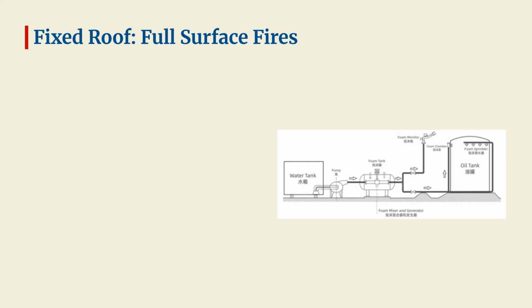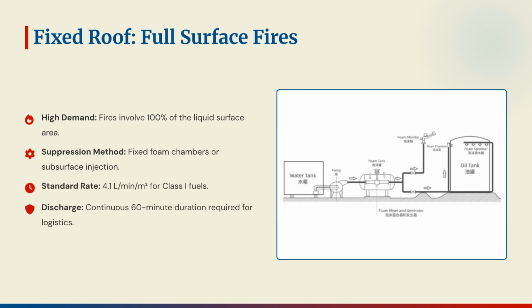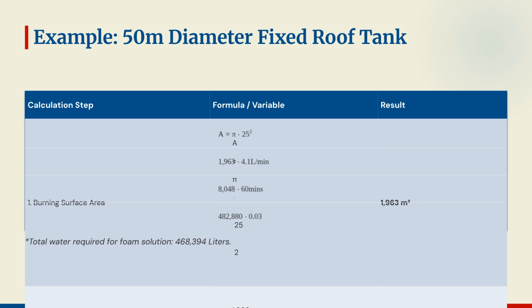For fixed roof tanks with full surface fires, the high demand requires 100% surface coverage. Suppression uses fixed foam chambers or subsurface injection at a standard rate of 4.1 L per minute per square meter for 60 minutes. Let's consider an example of a 50-meter fixed roof tank. The calculations detail the steps to determine the required burning surface area, foam solution, and the total water needed, which is